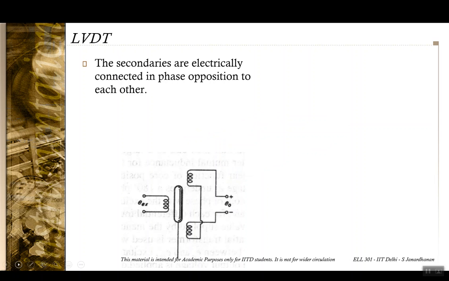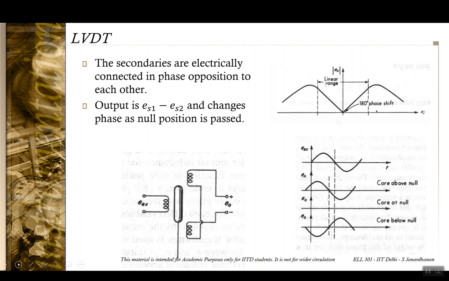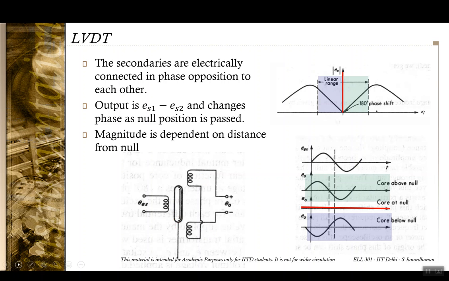Okay, so you have two secondaries that are electrically connected in phase opposition with one another, like here. Now if you have this as ES1 and this as ES2, the output that is being measured, EO, is ES1 minus ES2. Okay, and as the core moves up and down, the magnitude of ES1 minus ES2 is going to change. And more precisely,